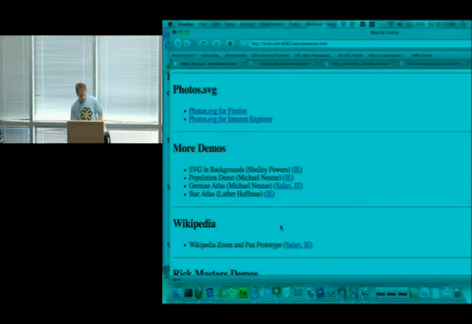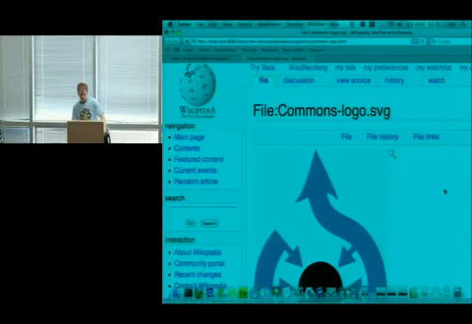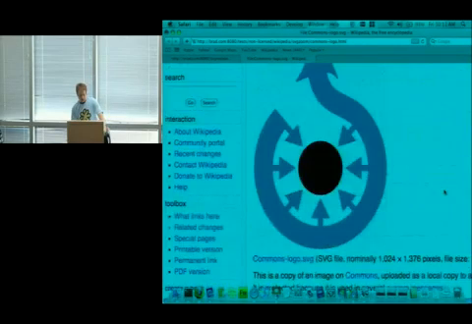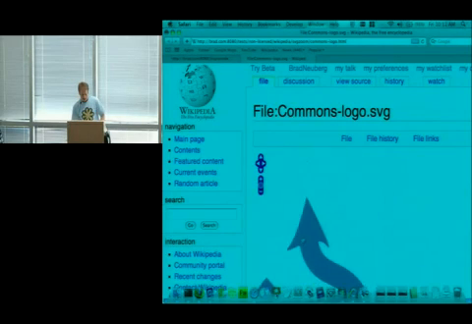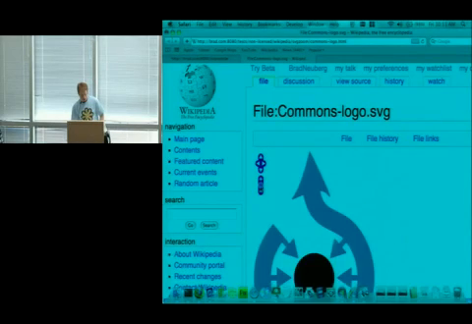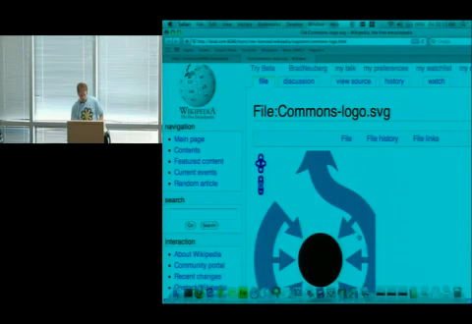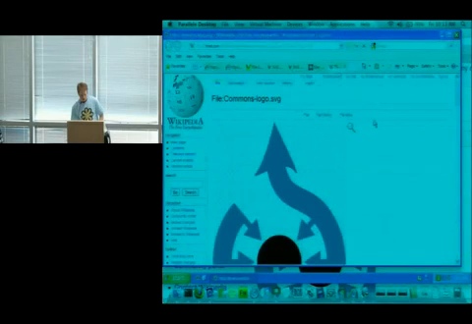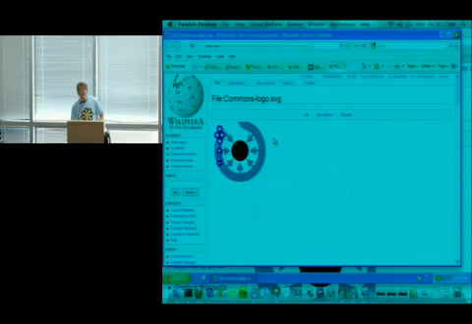I want to show you a prototype that we've been building with them that allows you to not just see the SVG image on the Commons. Here we are seeing the Wikimedia Commons logo, but you can actually begin to interact with it and take advantage of the scalable nature. So we can pan around, zoom in and out. We get Google Maps style controls. And the cool thing is we come over to IE. And there we go.